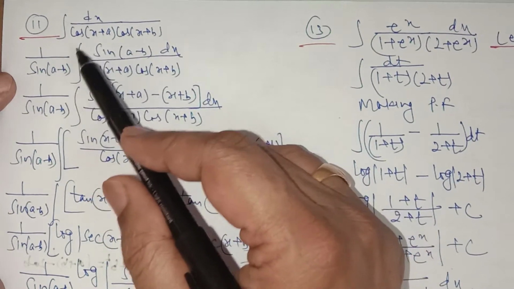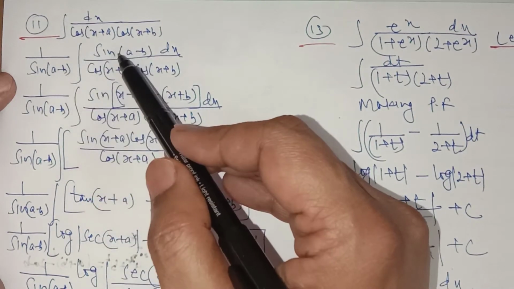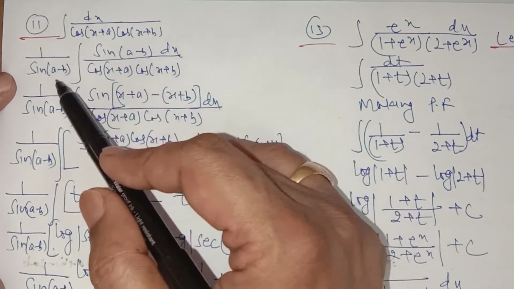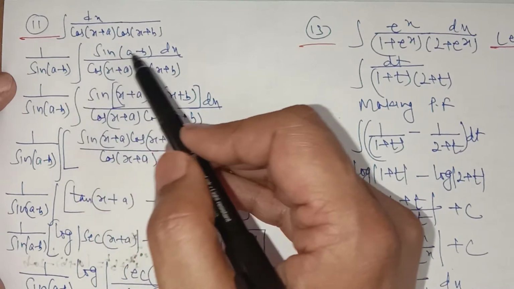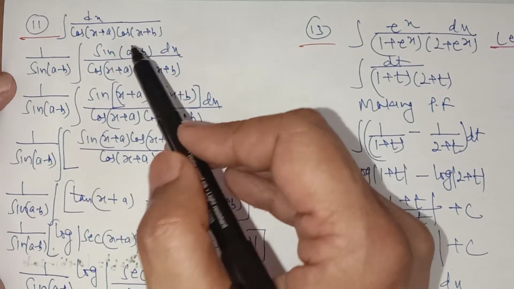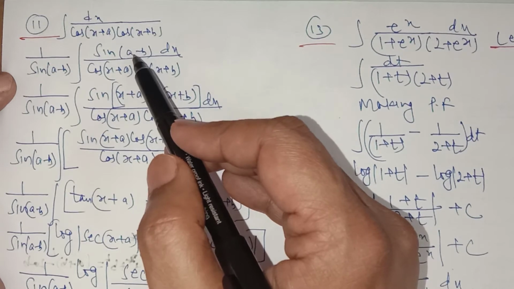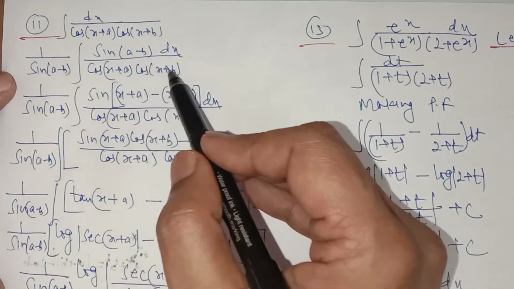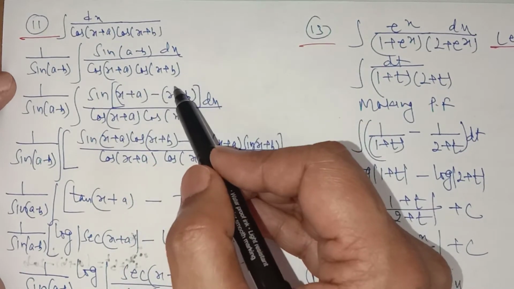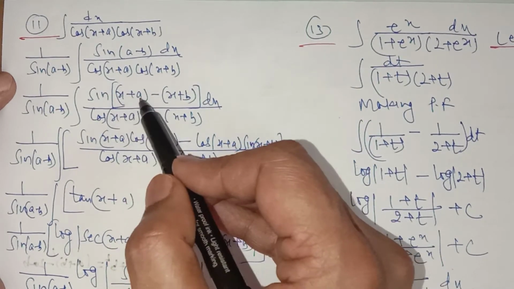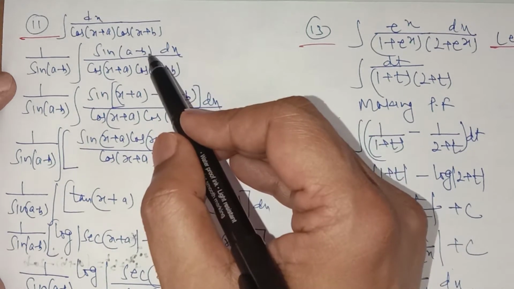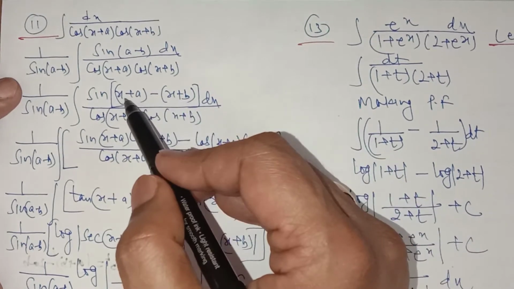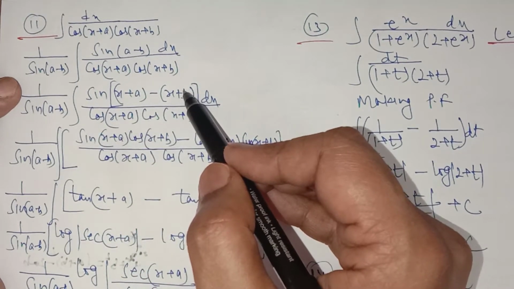There you multiplied by sin(b−a) in the numerator and denominator. Now I am multiplying and dividing with sin(a−b). Why are we taking a minus b? Because in place of a minus b I can write (x+a)−(x+b), as we have x+a and x+b in the denominator, and x will cancel out with x and it will be only a minus b. So in place of a minus b, you can write (x+a)−(x+b), and now using the formula of sin(a−b) in the numerator, break into two integrals.